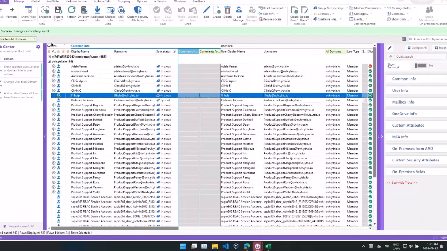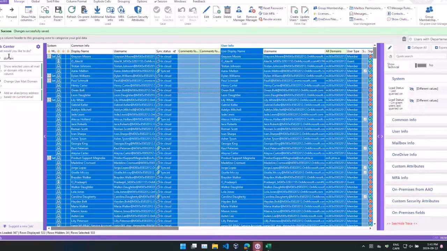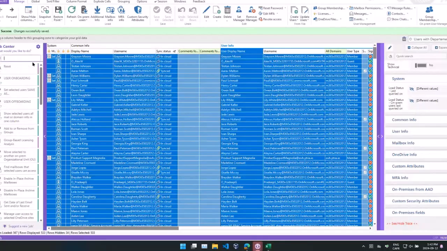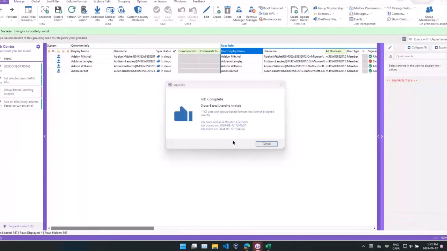Another one is also, so let's remove that grouping here. And we have one for the license, the group-based license analysis. So what it does here is going to check how